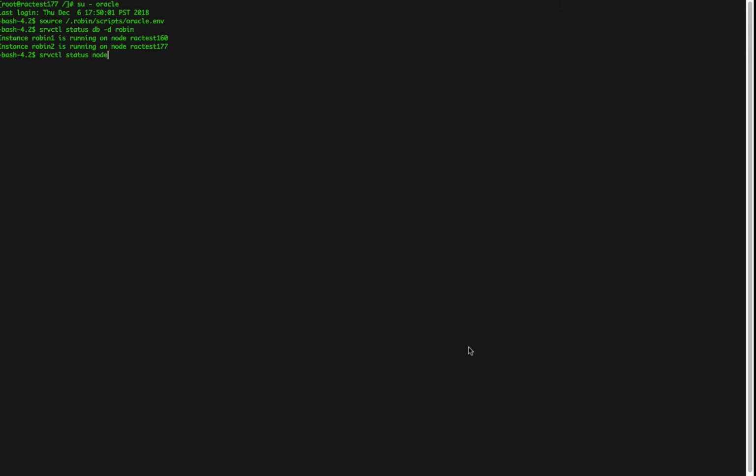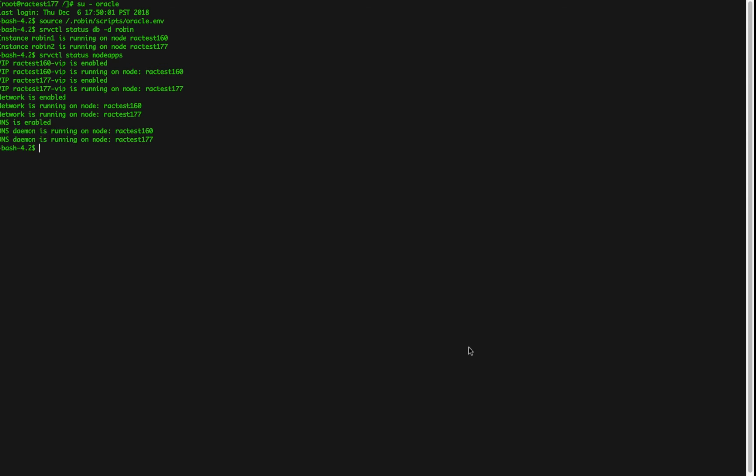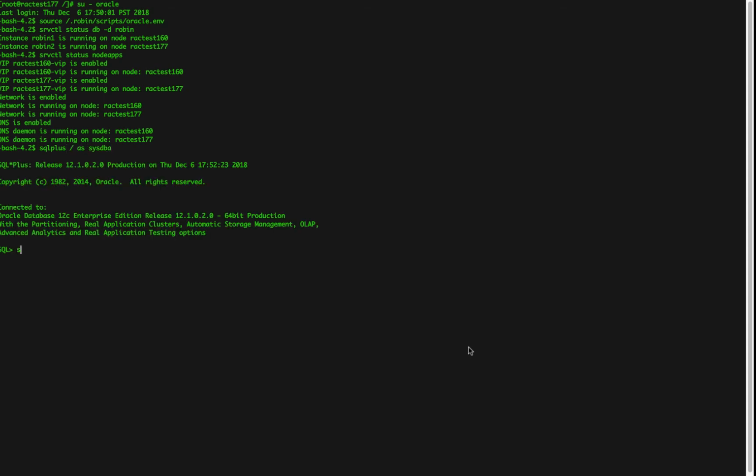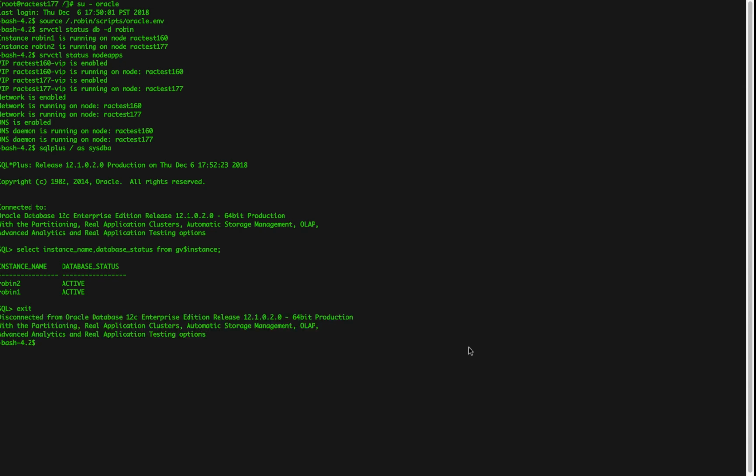We can do some other things. We can query CRS to see some of the other cluster managed resources out there, including our VIPs and the ONS daemon, etc. And we might as well just go ahead and log into the database, and we can just do a simple query. In this case, we'll just query the GV$INSTANCE view to get a glimpse as to from that perspective what instances are up and running, and we'll check the status of the database as it relates to the 2 instances. So we can see the database is fully active on both nodes, and we can simply get out of SQL*Plus,